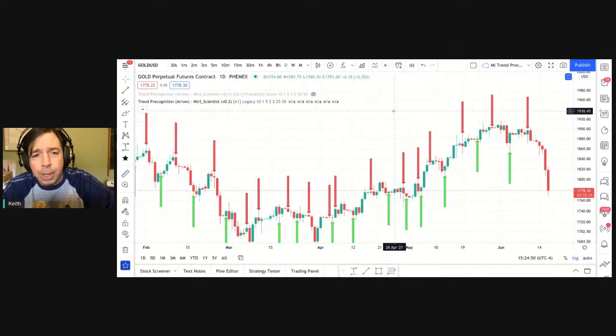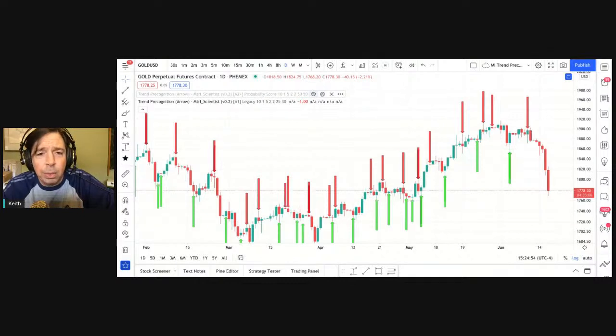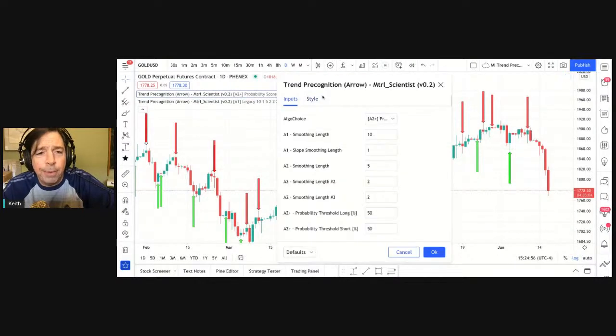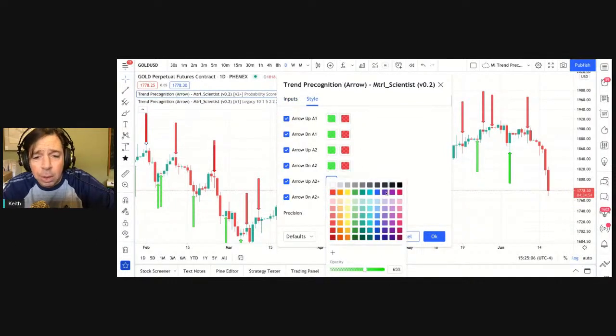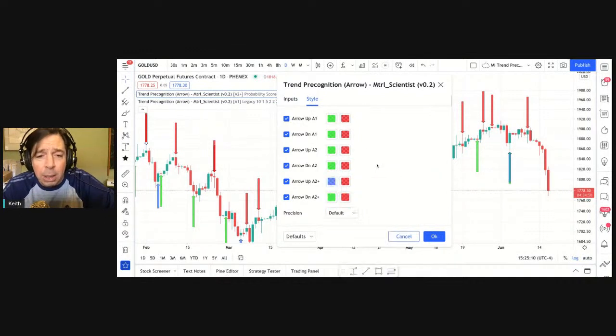And you can color code these. If you wanted to help yourself identify which one you had up at a glance, you could very simply change the colors to blue, whatever you want.